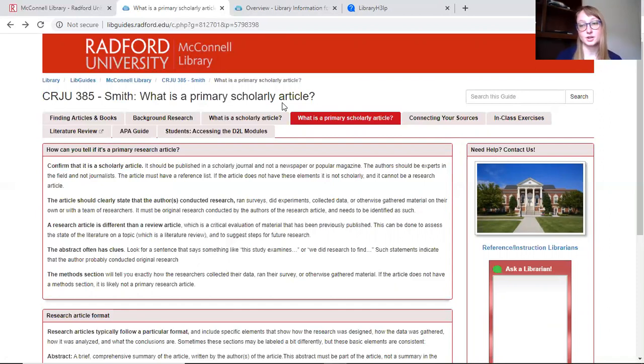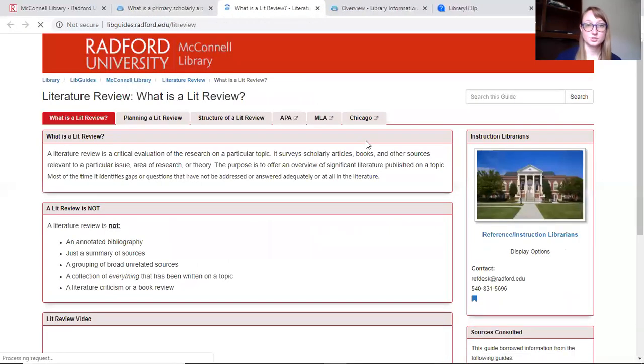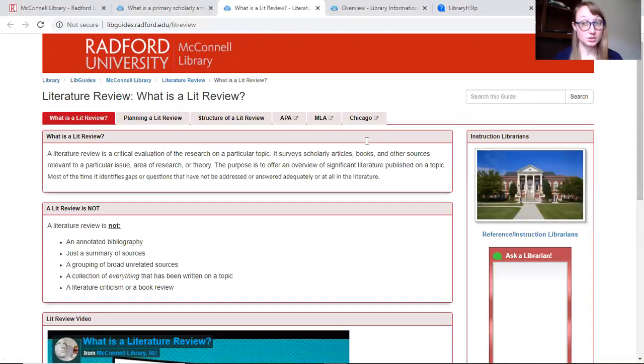I'd like to move on now to discuss literature reviews more specifically. You see here, I added a literature review tab to your guide. We click on that, it takes us to a separate full LibGuide all about literature reviews, what they are and how to write them. Taking a look at this first tab, a literature review is a compilation of the